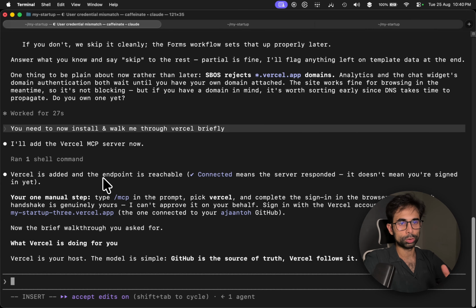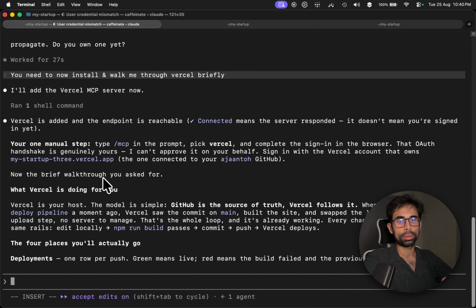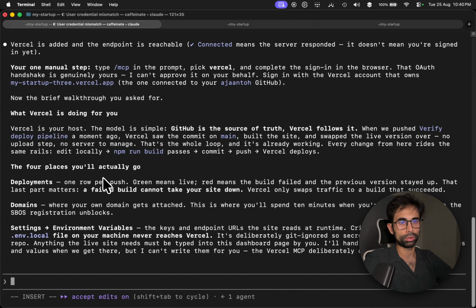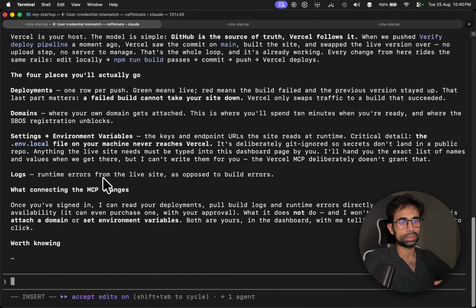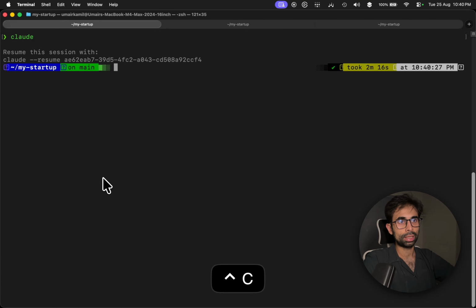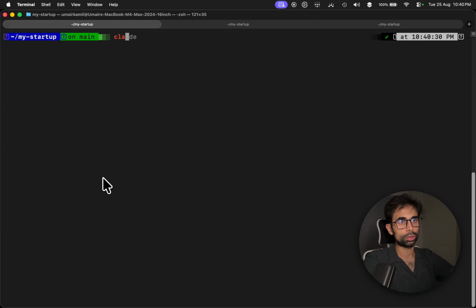Now, what you need to do is once it gives you the green signal, you just wait for it to finish what it's saying, give it a moment. Sometimes its responses can be very long. So what you want to do is press Control C twice, then clear, back into Claude,